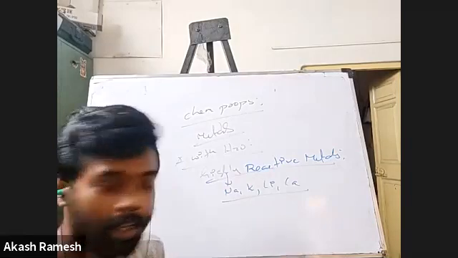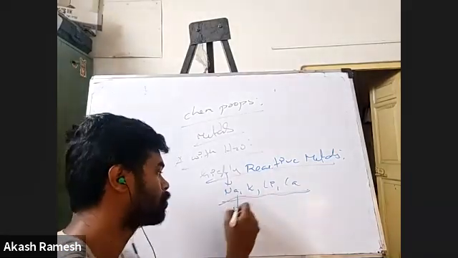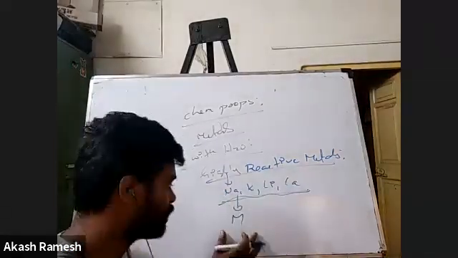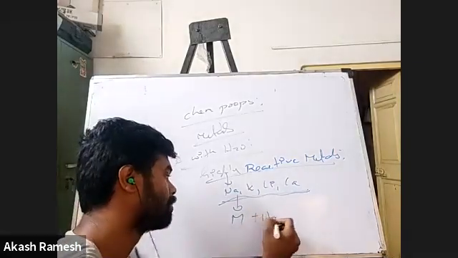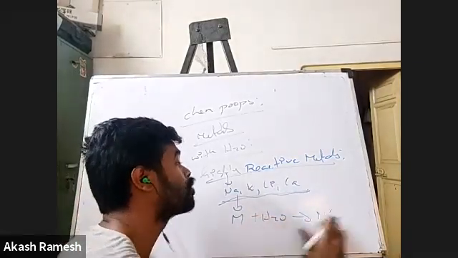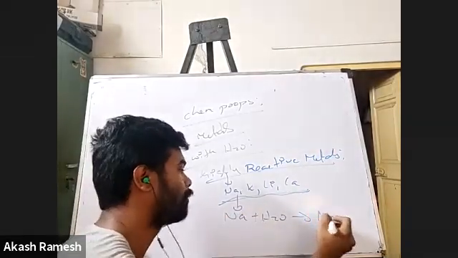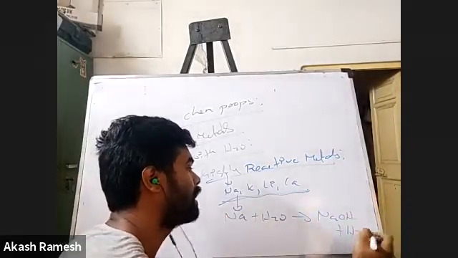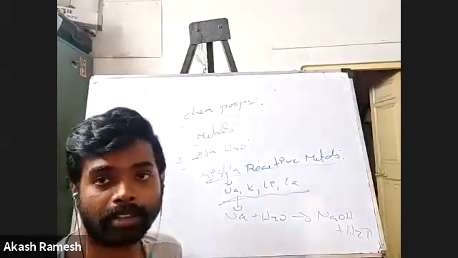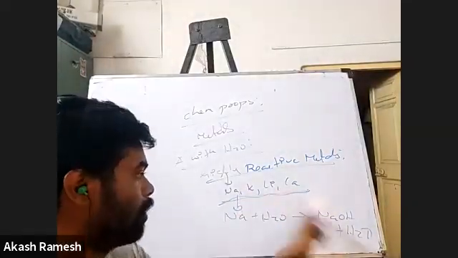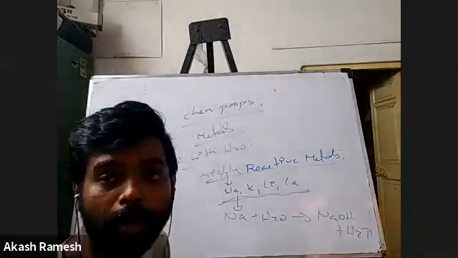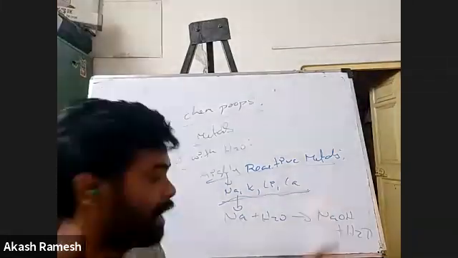Okay, so generally what you see, if these metals are there, I just put it as M, any of these four metals M with water, they are going to form hydroxides, right? For example, sodium will form sodium hydroxide and liberate hydrogen gas. The same goes with all four elements. Potassium will form potassium hydroxide. Calcium will form Ca(OH)2, plus hydrogen gas will be evolved.